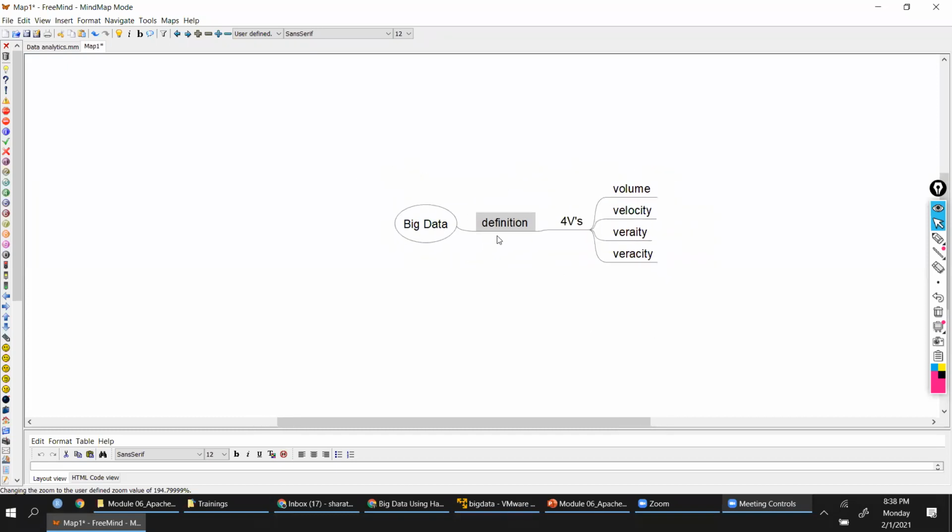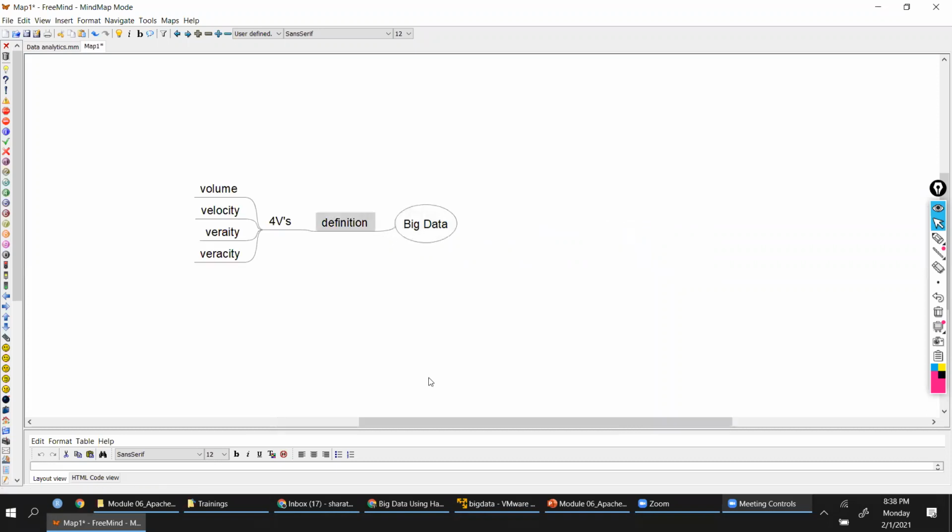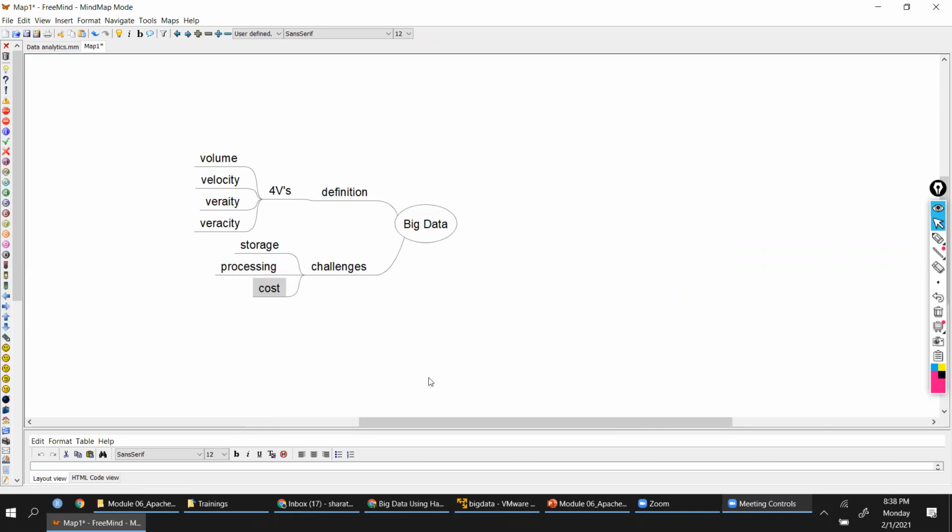Then when we talked about big data, we also have to see the challenges pertaining to big data, right? These challenges start right from storage. This is the most important challenge that we need to understand. Then we talked about processing, then cost. We also have to see the scalability.